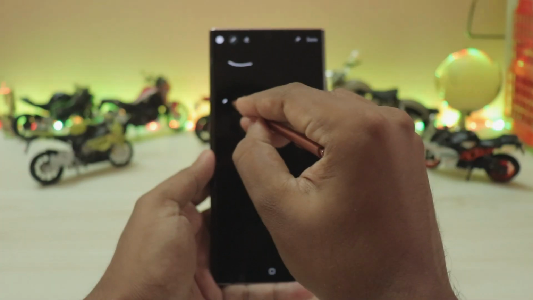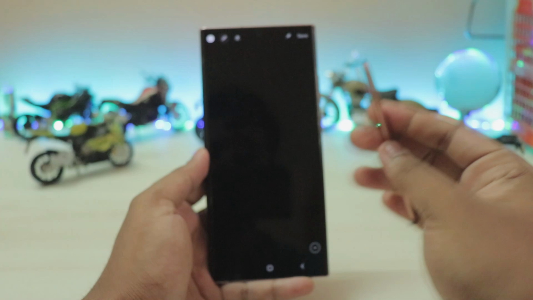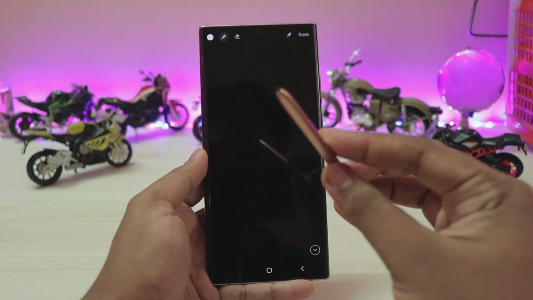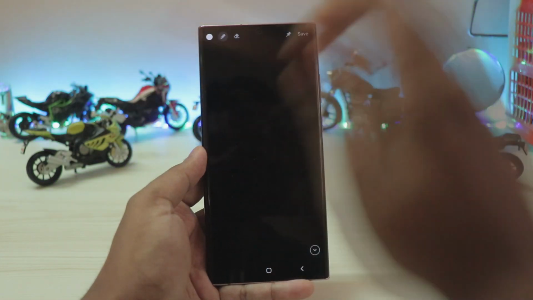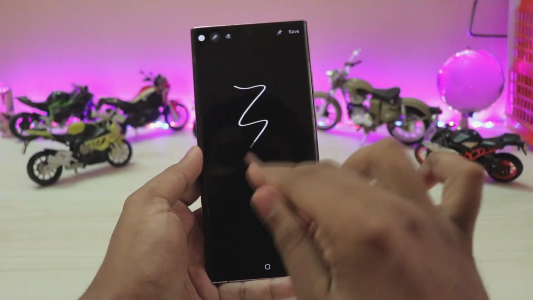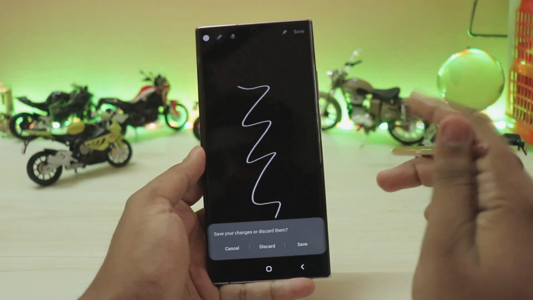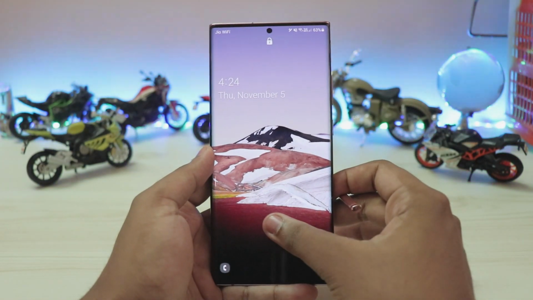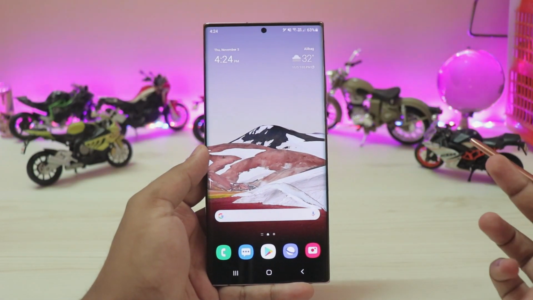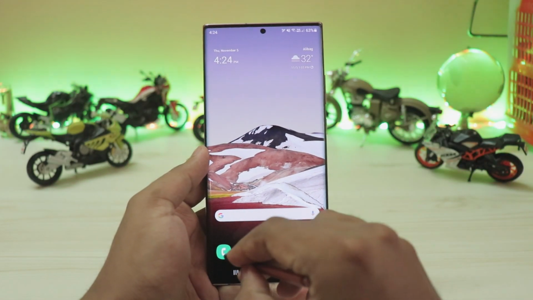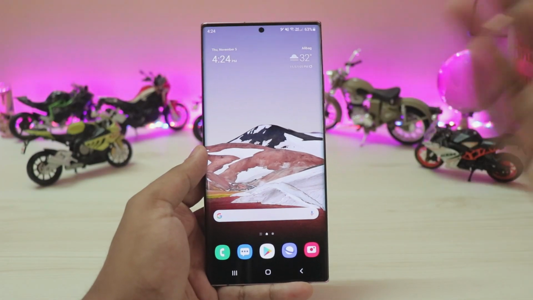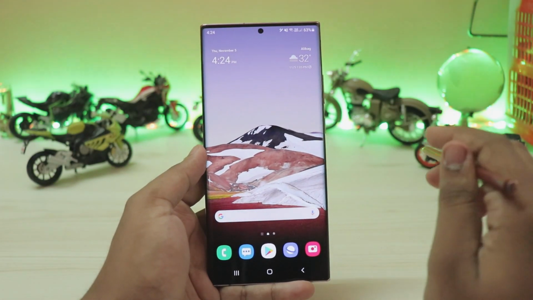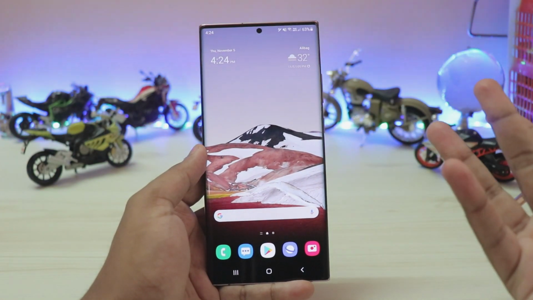But yeah, Samsung should have provided nibs with this phone. My nib is completely worn out. Just by 1 month of usage. On my Note 9, I never replaced it in my 7 months of owning it. But right over here, it already looks damaged. But yeah, S Pen air gestures, which were completely broken each time you booted the phone, are now completely fixed. So let's try that. Back, home, there you go. It's still a bit wonky, but it works fine without reconnecting the whole S Pen.